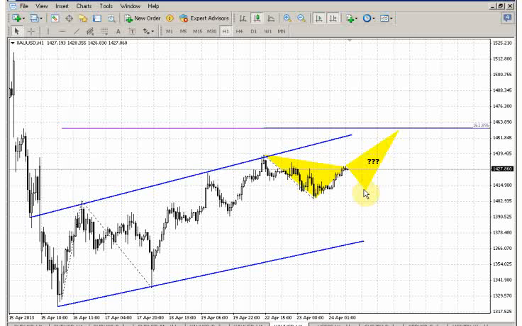So for these reasons, I think that today still will be the time of expectation, because we have neither the reaching of the 1618 extension of the ABCD pattern on the 4-hour time frame, nor the reaching of the target of this potential butterfly. It's 1618, and this is around 1457. So that's why I think that on the gold market it's better to stay flat and wait until the market finally reaches this resistance cluster on the daily time frame. We'll complete this reversal pattern that will let us enter short with more confidence.